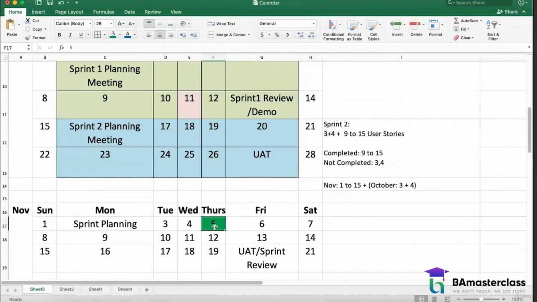So let us write this down. A patch is referred to a release